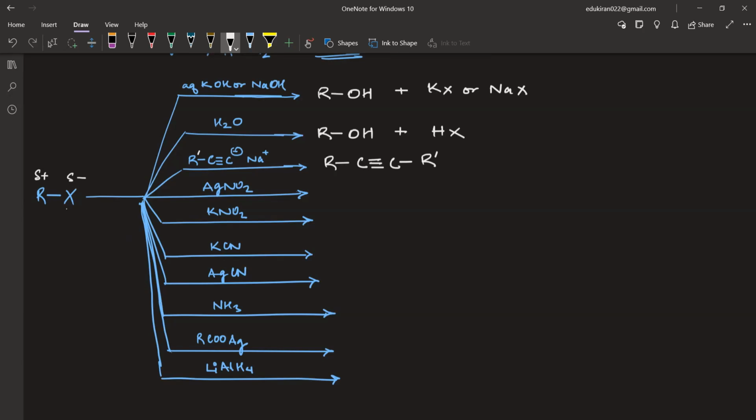Now we have AgNO2. AgNO2 का यहाँ तक तो आप खुद से लिखिए. इन सब में क्या होगा? Now in NH3 what will happen? NH3 में this one lone pair will attack and you will get R and hydrogen जो है वहां से निकल जाएगा NH2 plus you will get HX. Here you have RCOO Ag. Now Ag is a metal, so it will have a positive charge. It will dissociate and it will lose the electron. So you will get what?